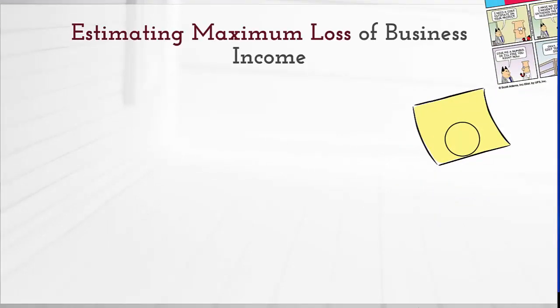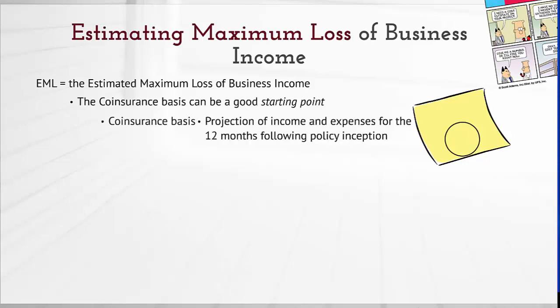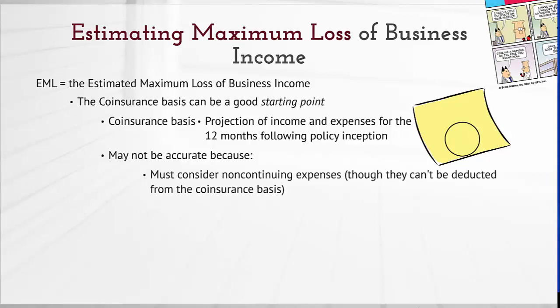Now let's talk about how to estimate the maximum loss of business income. EML is the estimated maximum loss of business income. In order to determine how much the EML is, the coinsurance basis can be a good starting point. The coinsurance basis is a projection of income and expenses for the 12 months following policy inception. Unfortunately, the coinsurance basis may not be accurate because you must consider non-continuing expenses, though they can't be deducted from